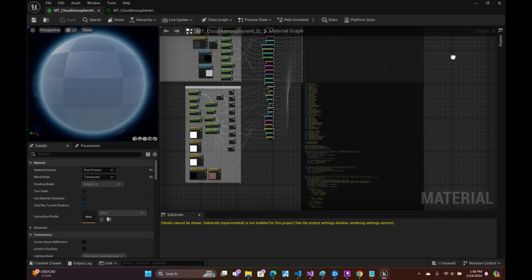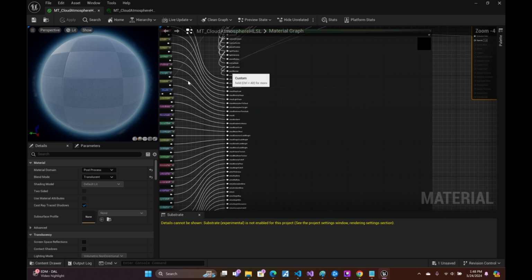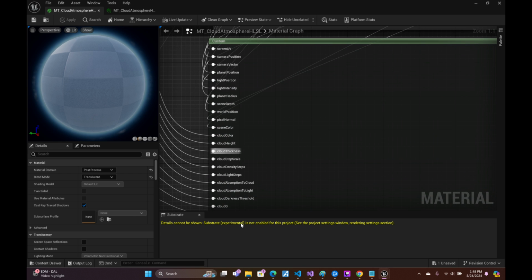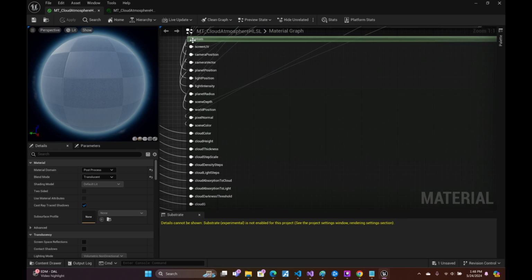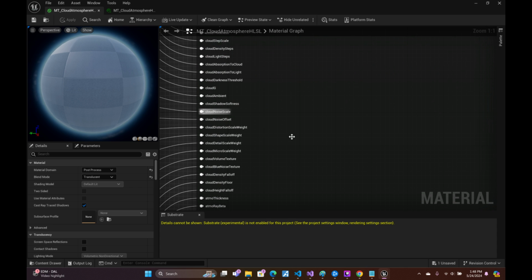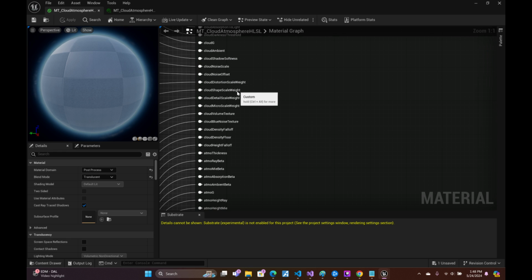Just real quick, one more time to give some zoomed in views of the fields that have to be set here. Screen UV, camera position, camera vector, planet position, light intensity, planet radius, scene depth, world position, pixel normal, scene color, cloud height, cloud thickness, cloud step scale, cloud density steps, cloud light steps, cloud absorption to light, cloud darkness threshold, cloud G, cloud ambient, cloud shadow softness, cloud noise scale, cloud noise offset, cloud distortion scale weight,